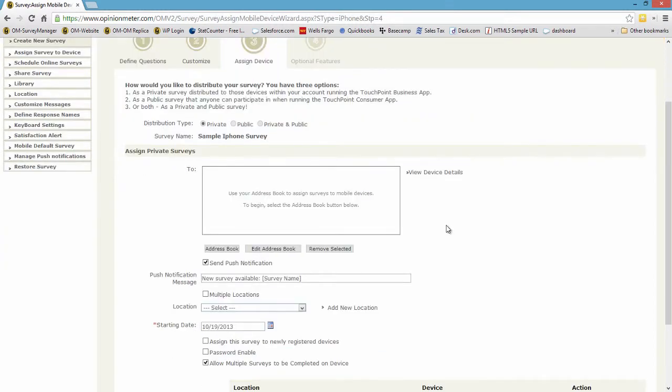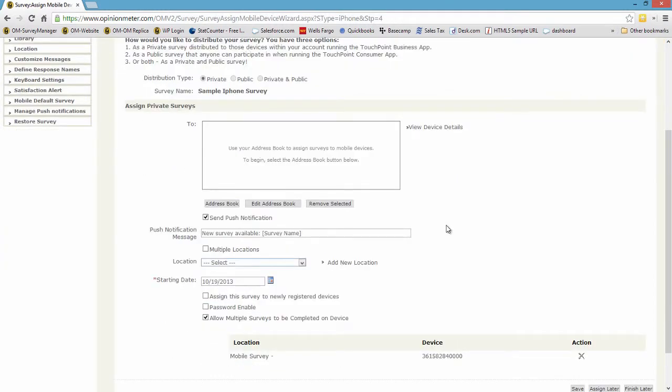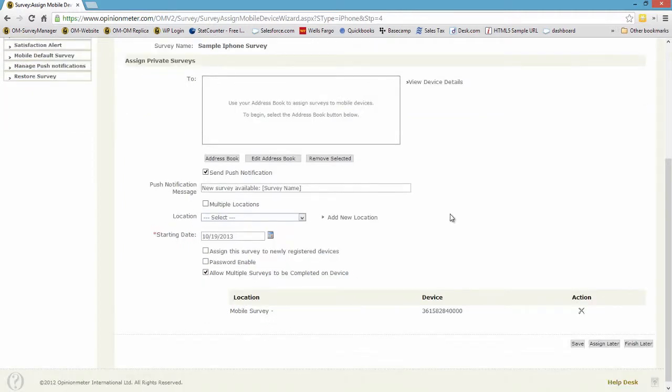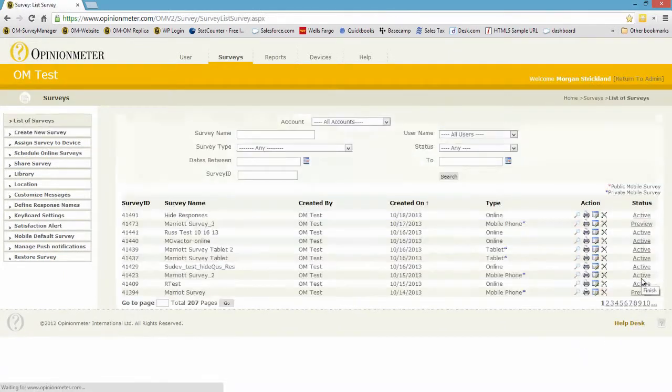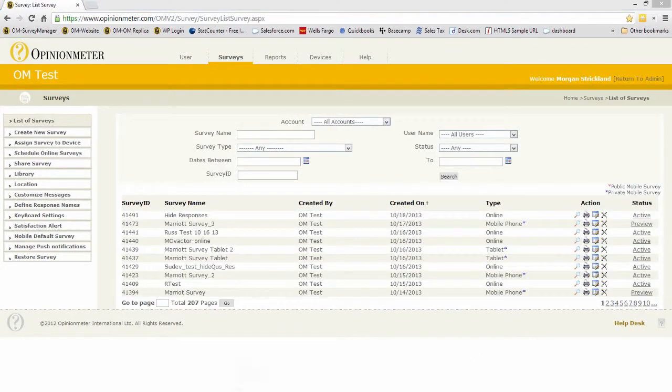And this, of course, is where you can assign surveys you create to any devices, be it kiosks or mobile survey apps or mobile web or online surveys, etc. So as we scroll down, you'll see a few new checkboxes here. One is, by default, allowing multiple surveys to be completed on the device. So if I uncheck this box and save, and just go ahead and finish this,